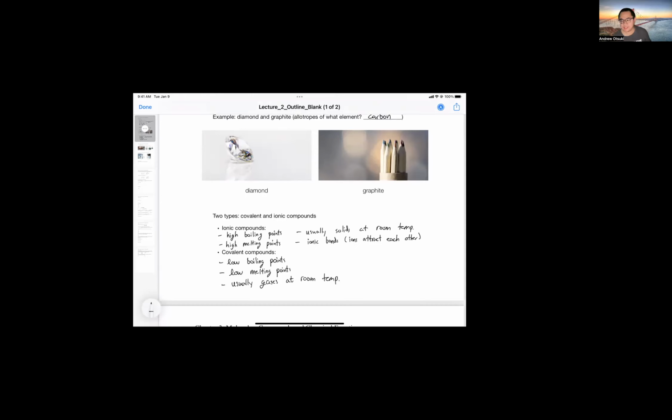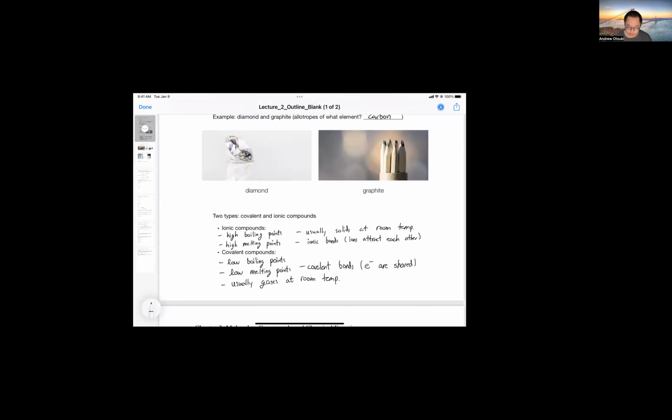Okay, so they're usually gases at room temperature. So the main force here is that you have covalent bonds, where electrons are shared. So the electrons are shared in these compounds, and that gives rise to low boiling points, low